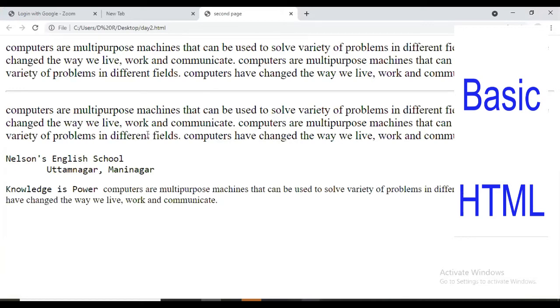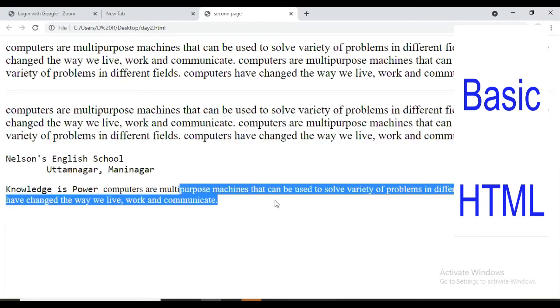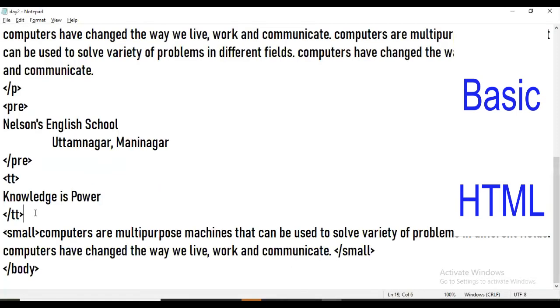Now you can see this. Small fonts are smaller than the default font. These are default, and this is small. Okay. Same way, after every text, we are going to leave one break so that the output will be more clear.